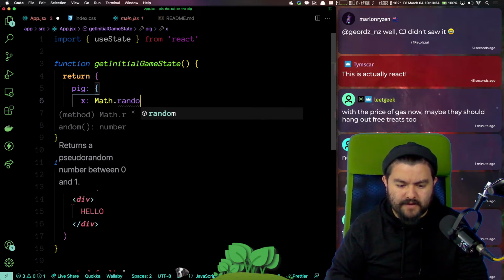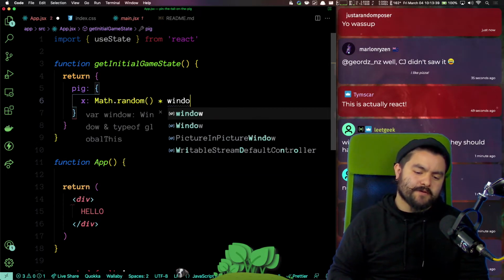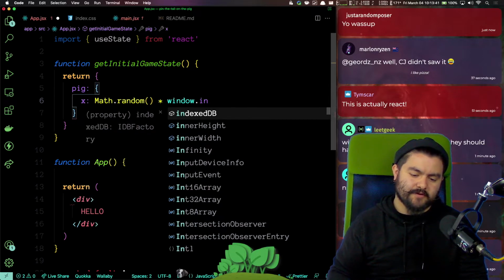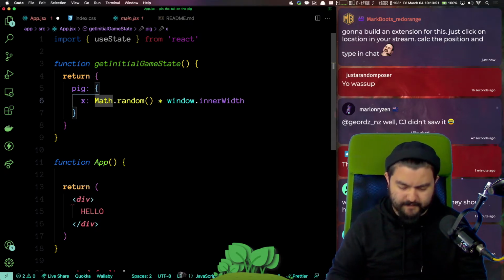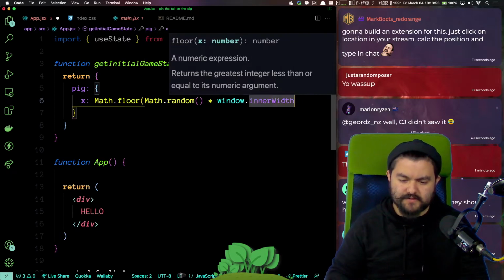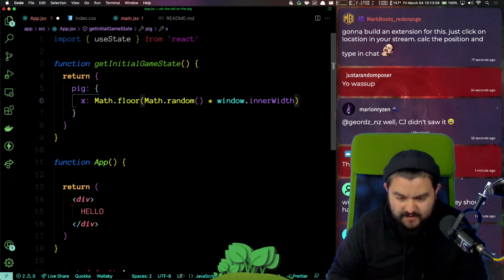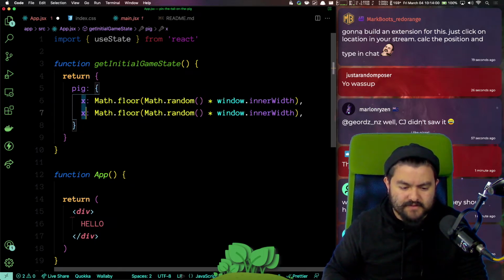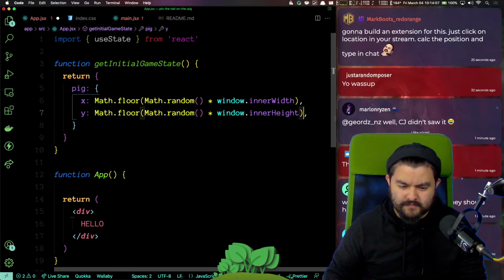We're going to say Math.random times window.innerWidth. We're going to Math.floor that. So this is going to give us a random number between 0 and the width of the screen. That's going to be the X coordinate. And then the Y coordinate will be very similar. Window.innerHeight. Like that.